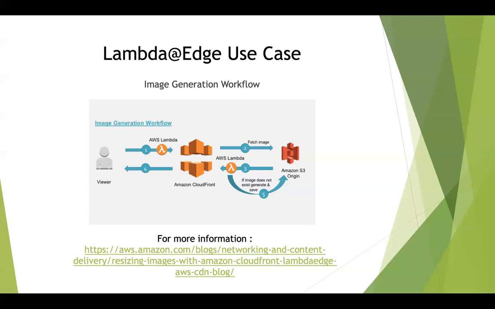So for all the 200 points of presence, if your viewer is in the Mumbai region and there is an edge location closer to him that is going to serve the request, before serving the request it is going to first check with this Lambda function whether he is accessing from a mobile or from a laptop. And then CloudFront is going to check whether it has the image already cached. If it has the image already cached, directly take the image and send it back to the viewer. If the image is not cached, go ahead and run this Lambda function.